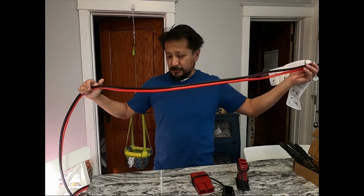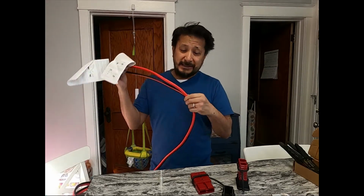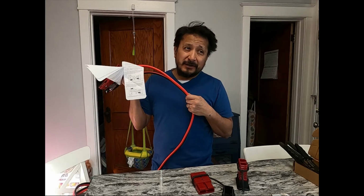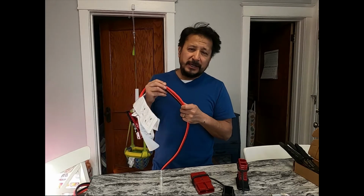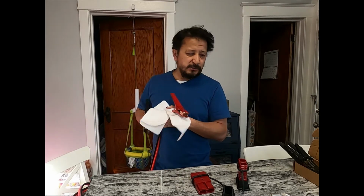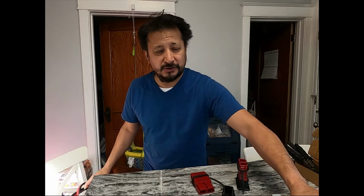These are actually, it was cheaper to order these 4 gauge battery cables. Now they say 300 amps on these battery cables, but that's for jumping a car. They're not 300 amps continuous. Now through all my cross-referencing and research, even though this is a 100 amp output, 100 amp discharge,